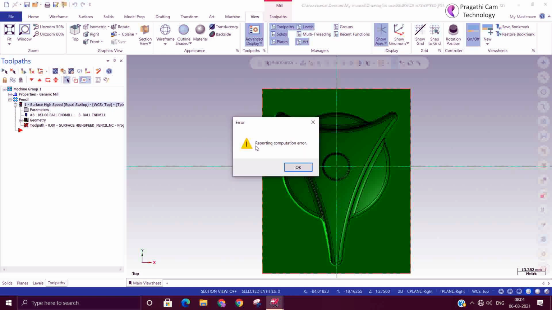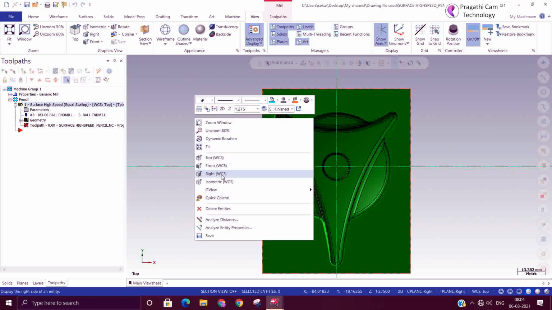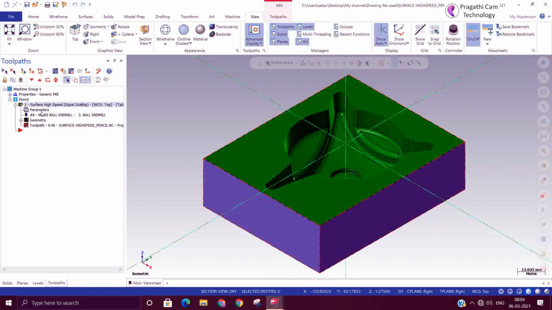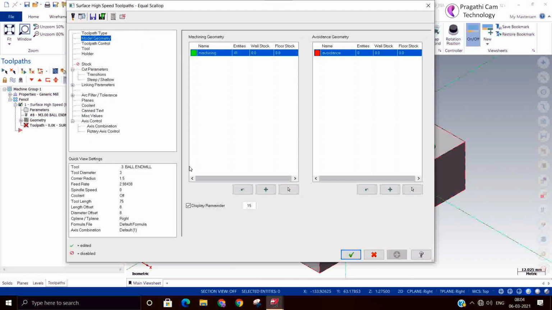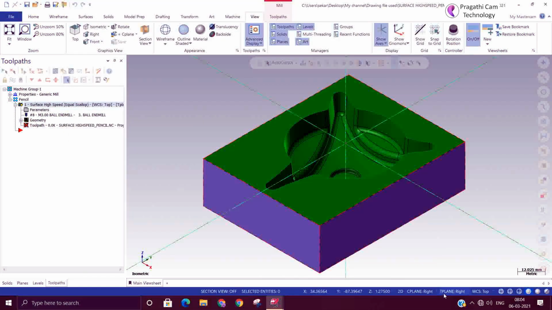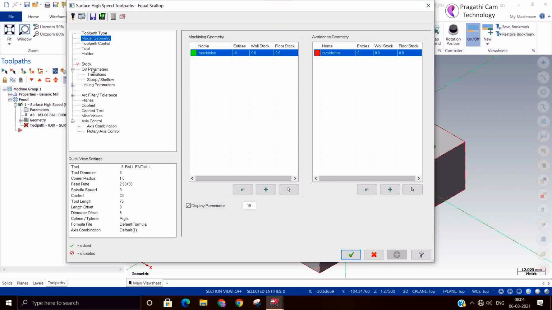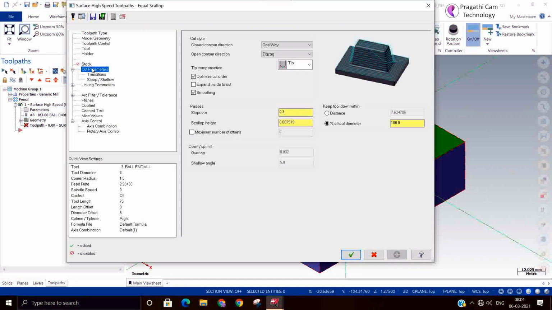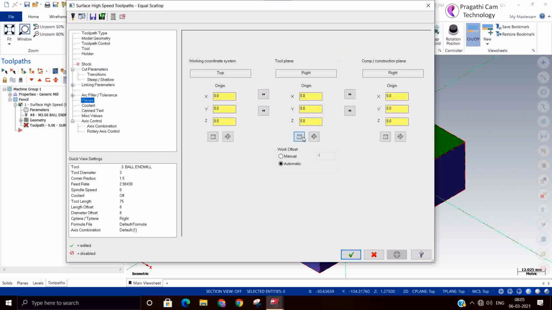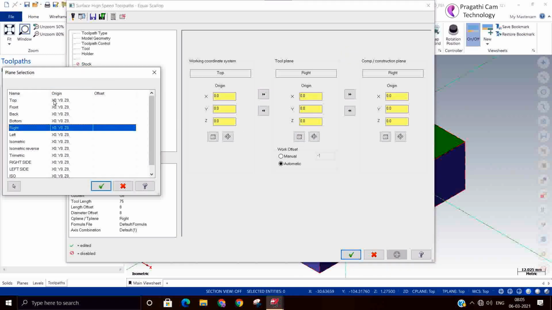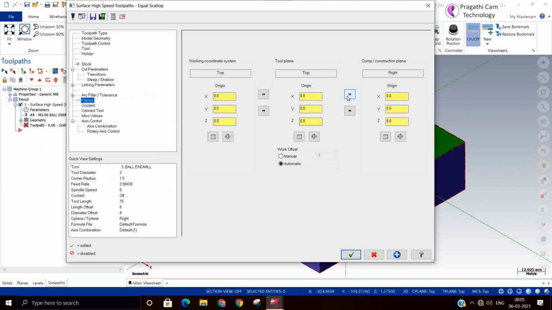Again an error is coming. Let us check what it is. So somewhere the plane is causing the issue. It is reflected in the toolpath also. You check in the plane. Yes, that's the reason it created the difficulty in the calculation.